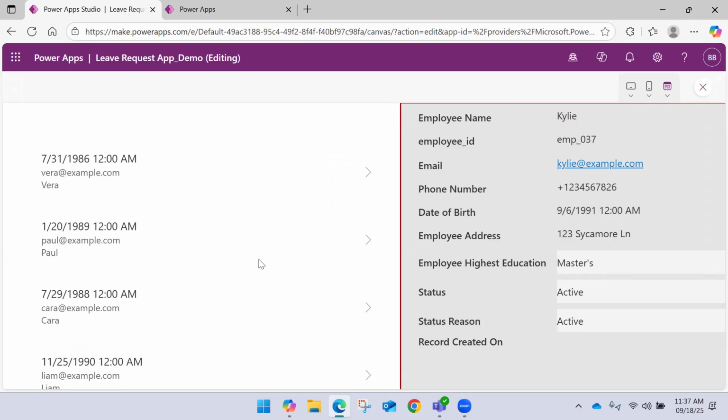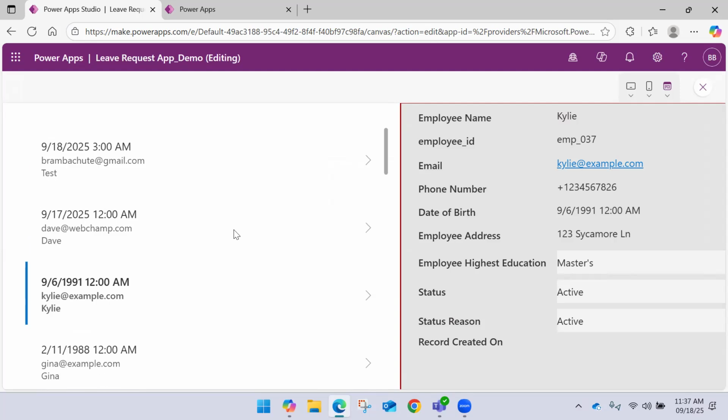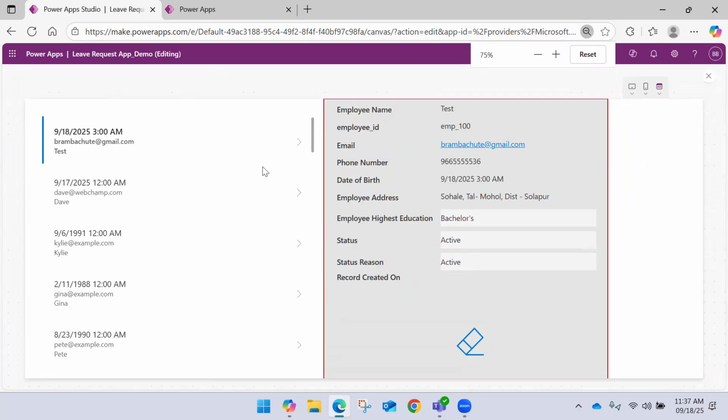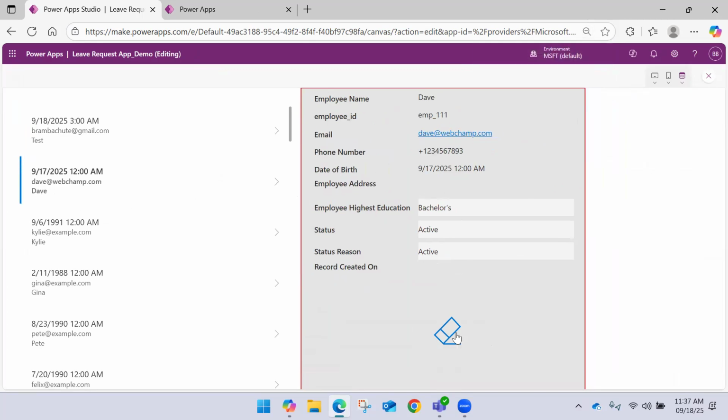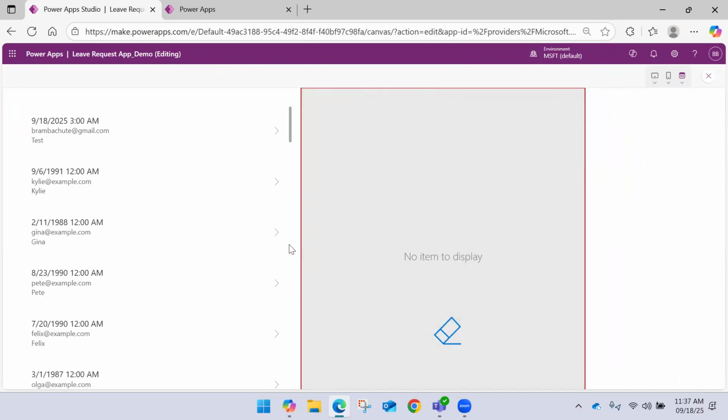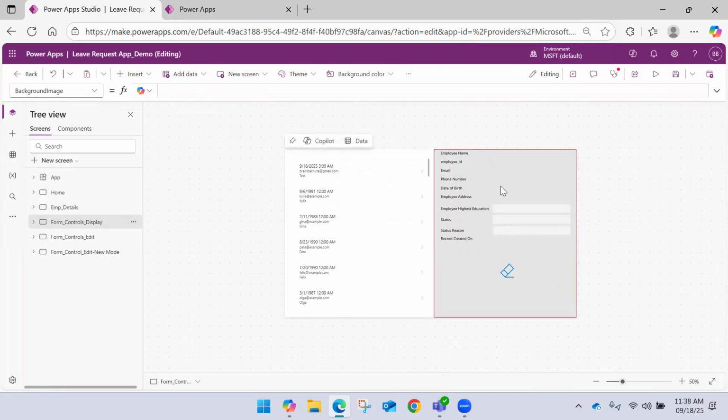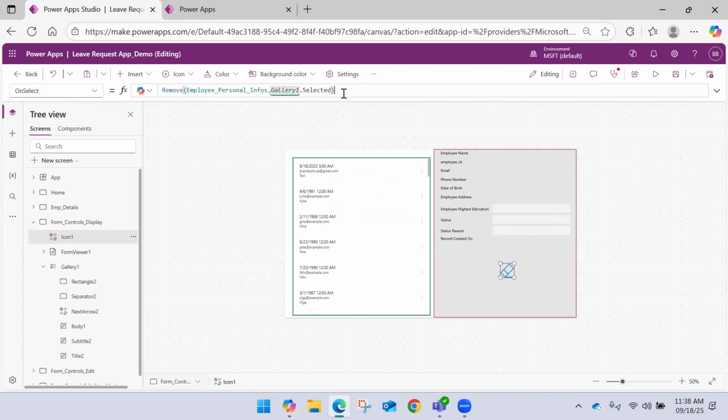If I go down, I'll select the record for myself only. Okay, this is the newly added record, right? This is the new one. If I click on this, that record got deleted, but here it is not showing anything, right? We know because if I click on this, it should show me the next form, and it is not showing the form because we have not given that